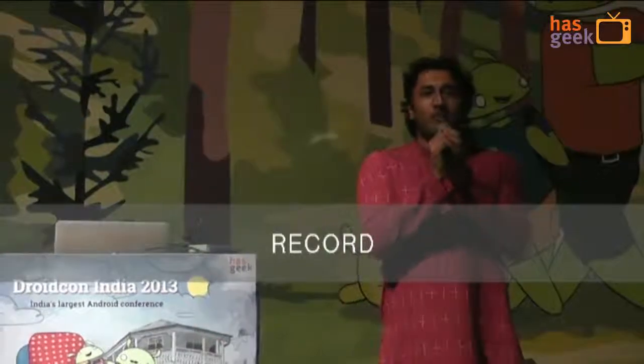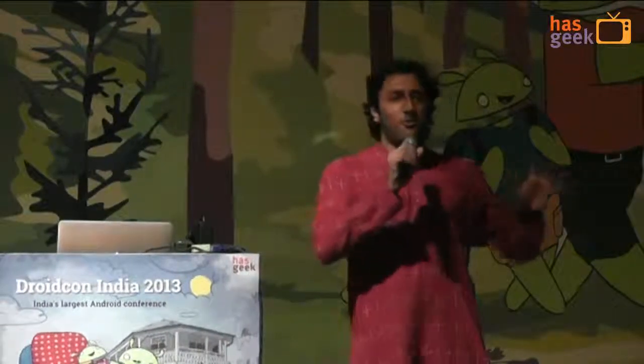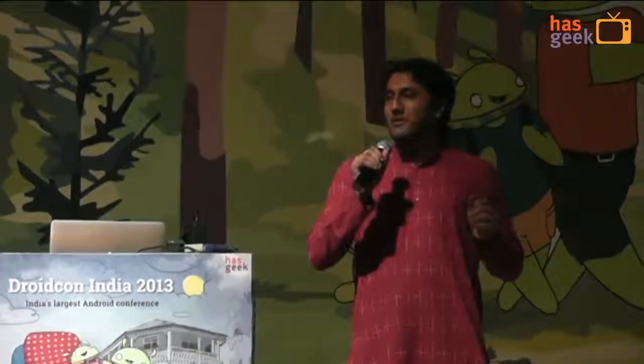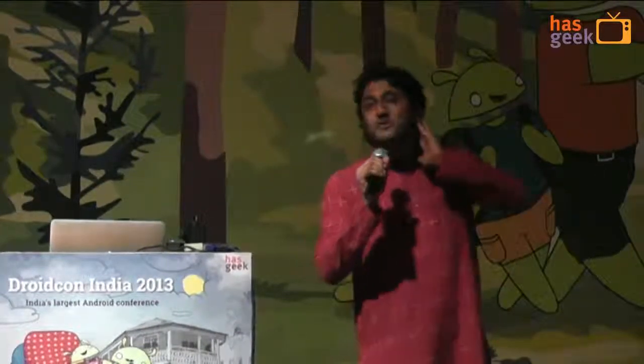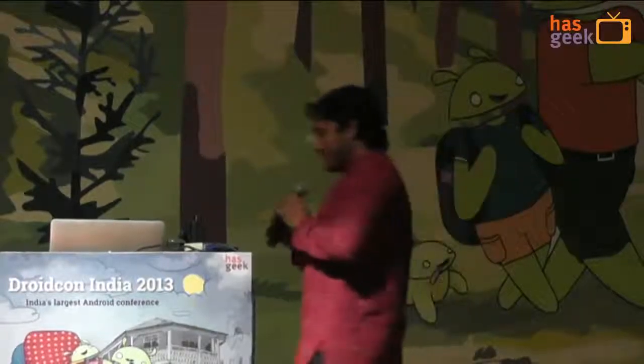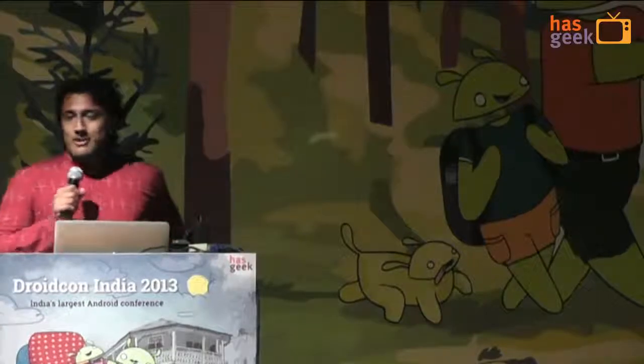So let me first ask you guys a quick question. Suppose you're doing a demo like this and you want to show off an Android app and to share that screen with people. What do you guys typically do? Sarah? Genymotion emulator? Okay, that's good. So some people use emulators. I've seen a few creative options.